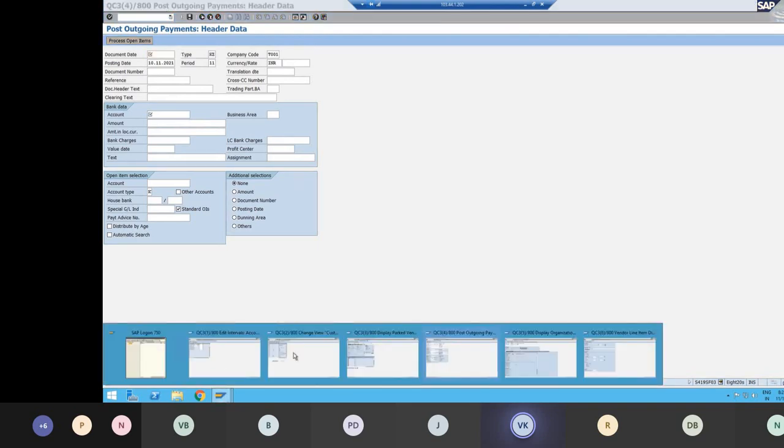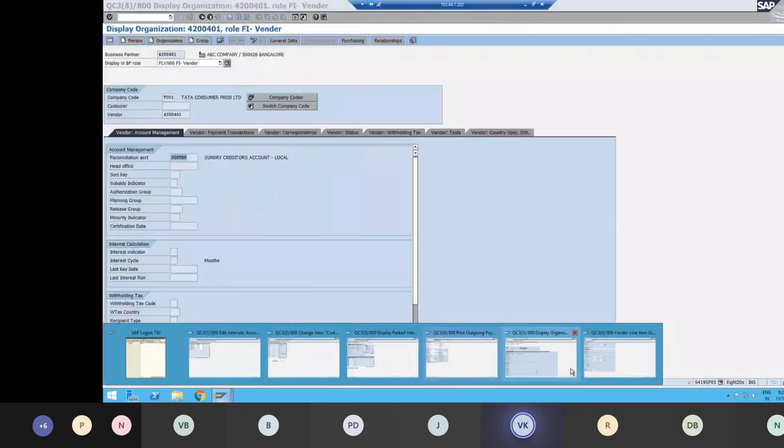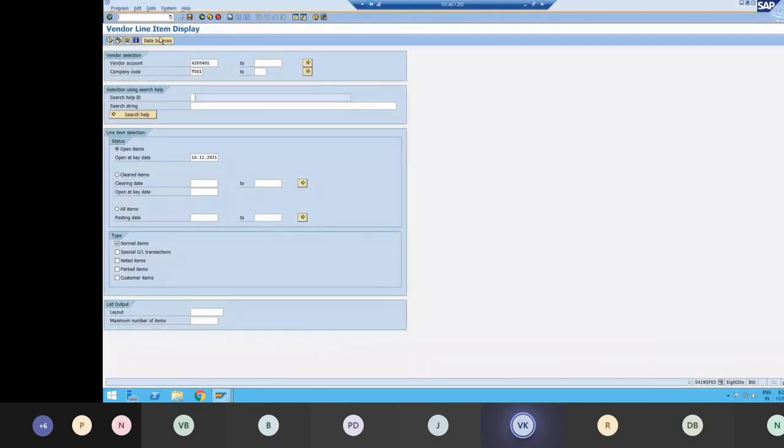What I will do is go back again to vendor item display, that is this screen, FBL1N. So the moment I press execute now, it says no items selected. It means that the open invoices have been paid. In order to see that, you have to click on cleared items.